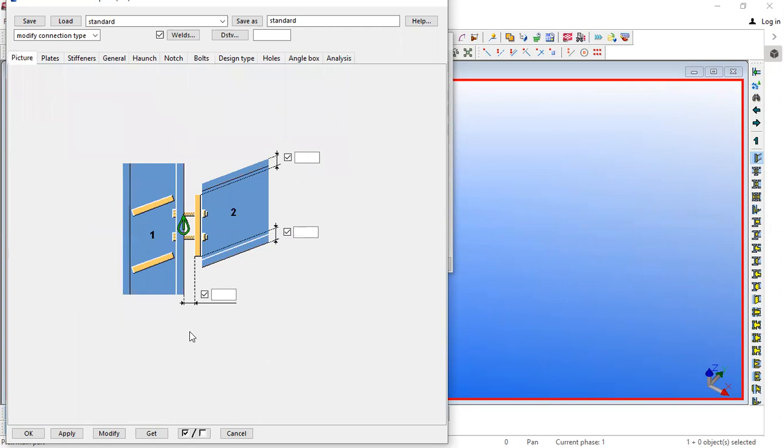Okay, in all the connections there will always be a picture listed. The first tab will be for a picture where you will be able to understand how you have to pick that connection, where you have to click for the first part and where you have to click for the second part. So 1 and 2 denote the primary and secondary part, the picking order.